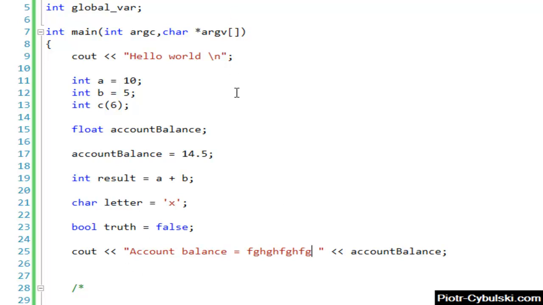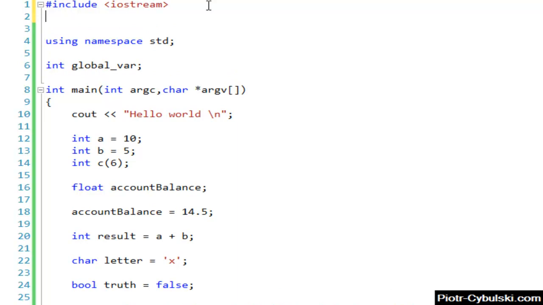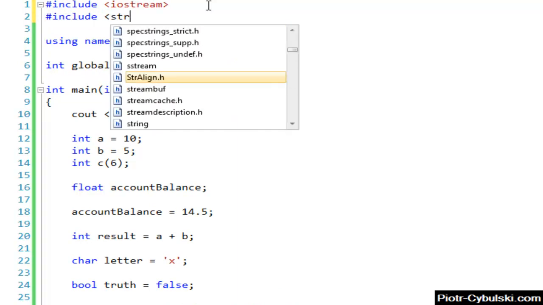I mentioned earlier that we can save one character to the char variable, and also the same characters can be stored in the additional C++ library, which is named string library. Because char can only hold one letter, one sign, and if we would like to hold a name or any longer text, we would have to use another type. It's a more complex type. It's a string type. How can we declare it? I'll show you. First, we have to include library string. We do it by typing include string,